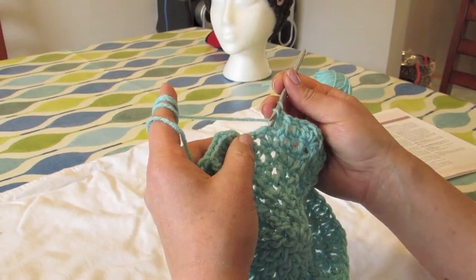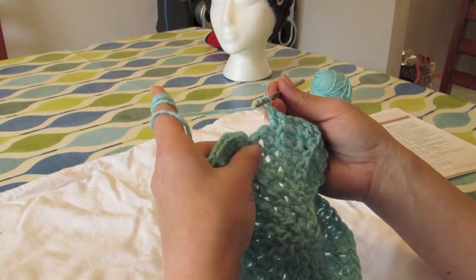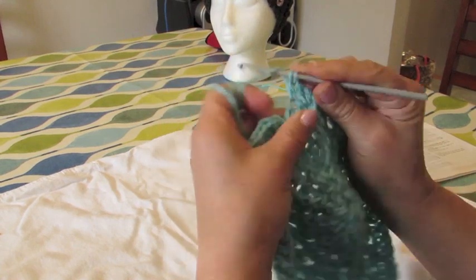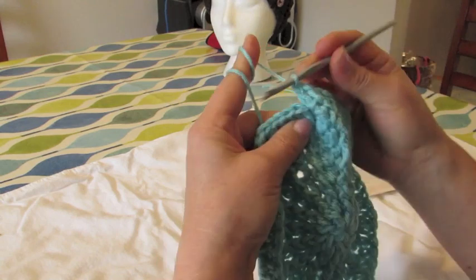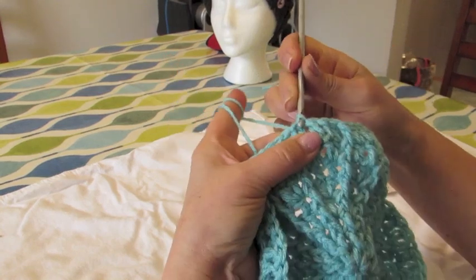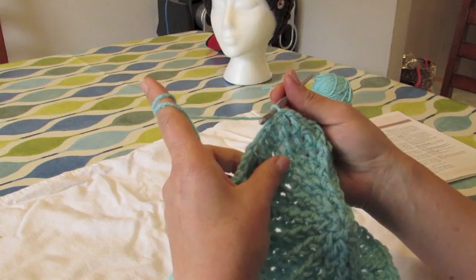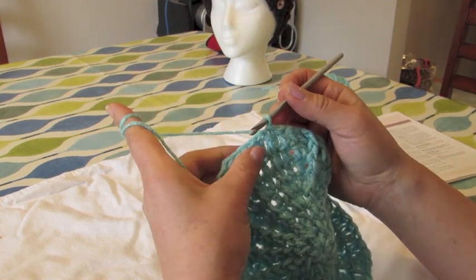So now we're at the end of the 8th round. So I've done my front post DC, and I need to do 3 DCs. I've done 1, this is the second one, and the third, and we're back at the beginning of round 8. So now we're going to join with a slip stitch on the top of the front post DC stitch, and there we go. So the 9th round is a round that you will be repeating, alternating with like the even